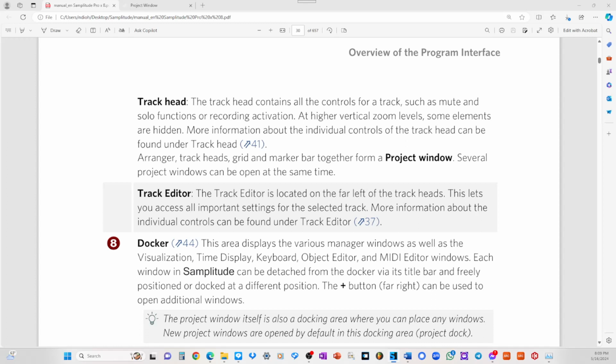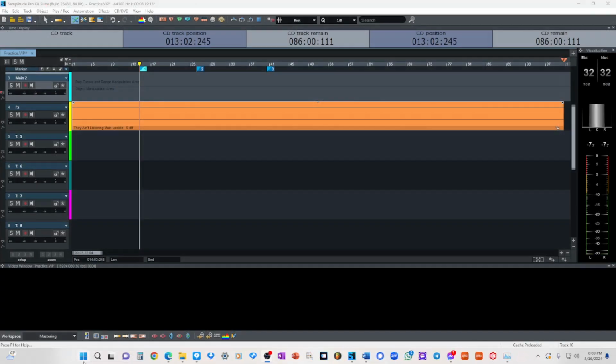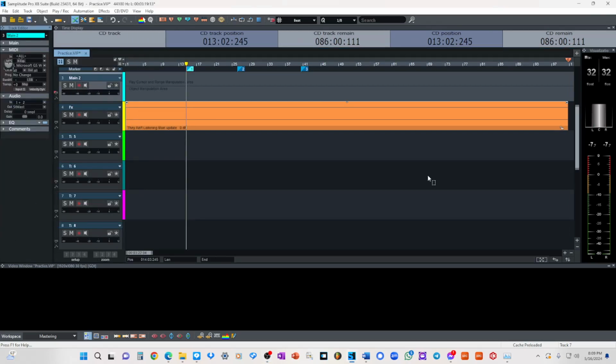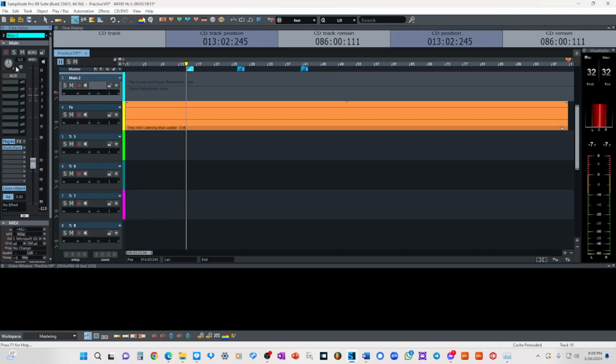Nice. Let's switch it back over to this side. Okay, so the track editor, you can access it by coming down here. And you have all the stuff that they're talking about for main. You have almost the same control here. You have your track head, and the record, solo, mono, automation, pan, FX plugins and stuff, and then you have